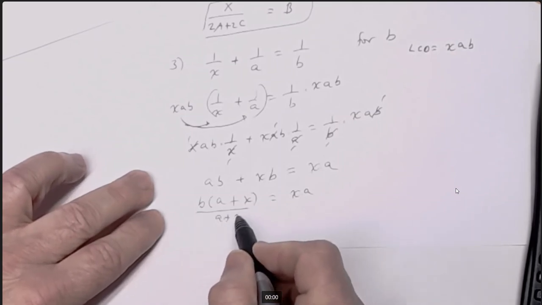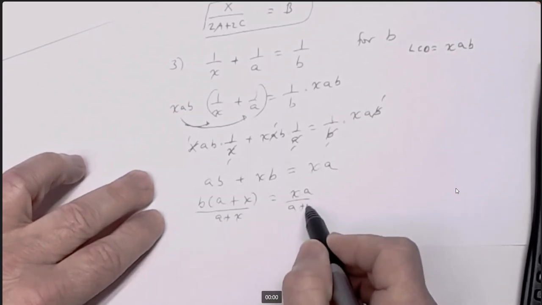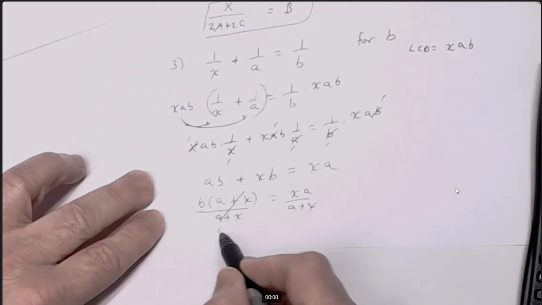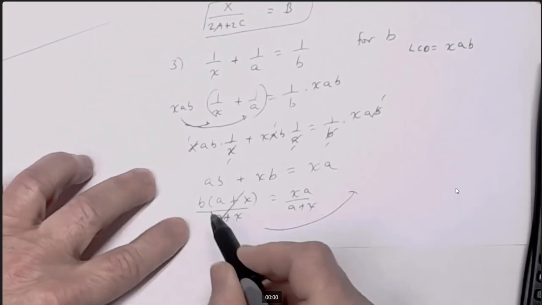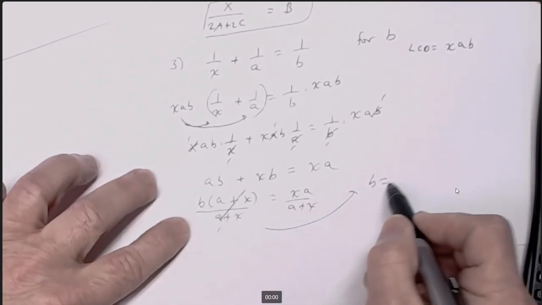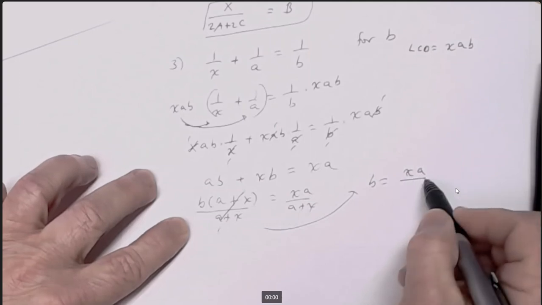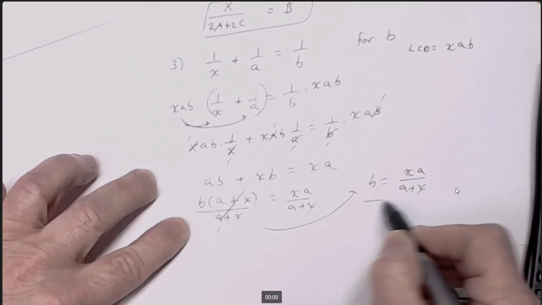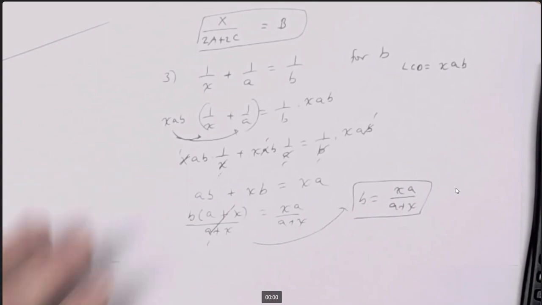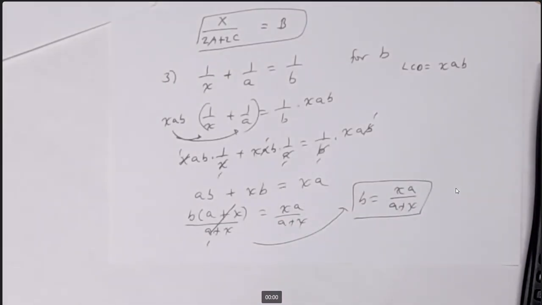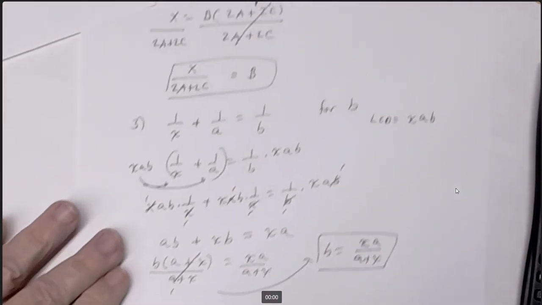And the a plus x's divide out, so you get b equals xa divided by a plus x. All right. And so that's the idea of literal equations. So remember though, let me go back and pull this over